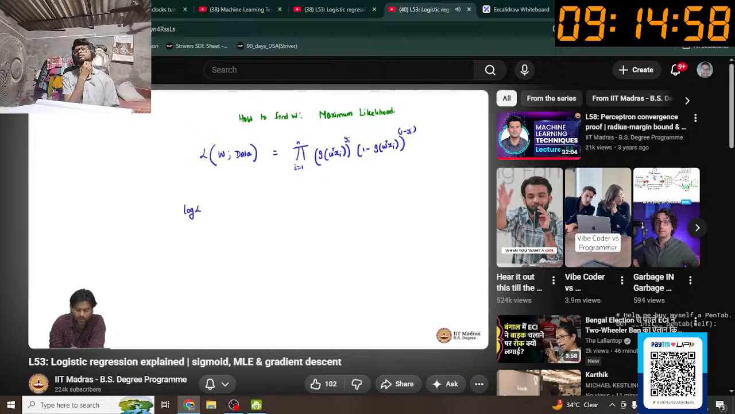logarithm of this. You look at the log of the likelihood of w with respect to the data. That is just going to be the sum over i is 1 to n of yi log